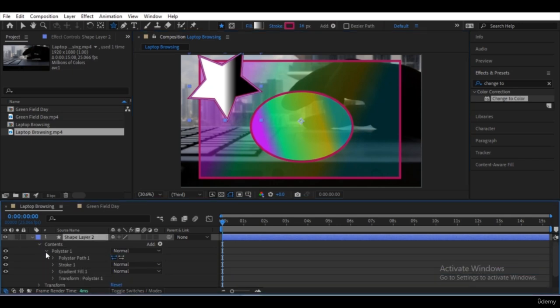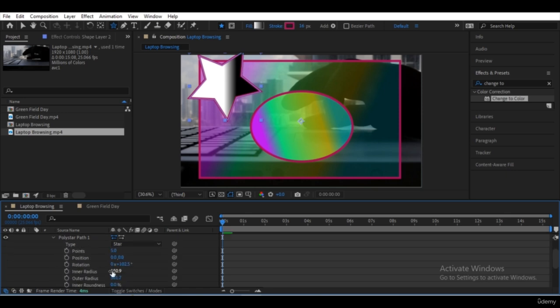Let's click the Polystar drop-down menu and click the Polystar path. And in here, the points, we can adjust how many points you want for the star. Press 10, enter, and it will create 10 points.